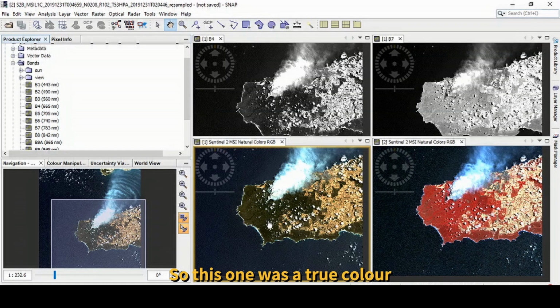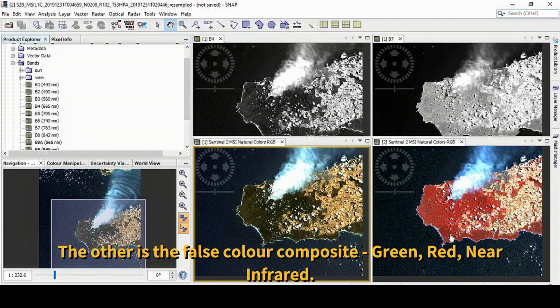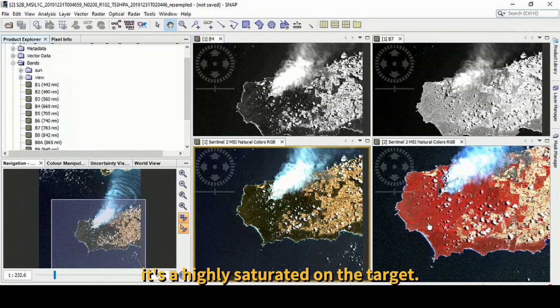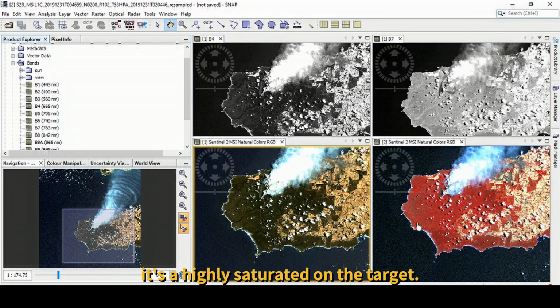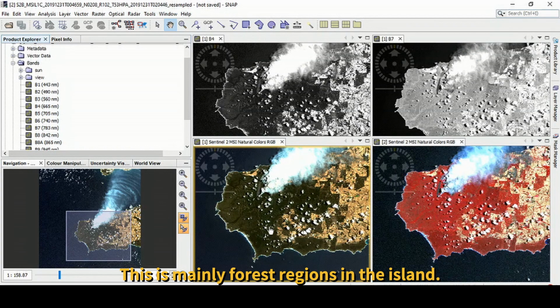So this one was a true color composite, the same as human eyes, blue, green, red. But the other one was a false color composite, such as near infrared and red and green. So you can see it's highly saturated. So the area is a forest region.